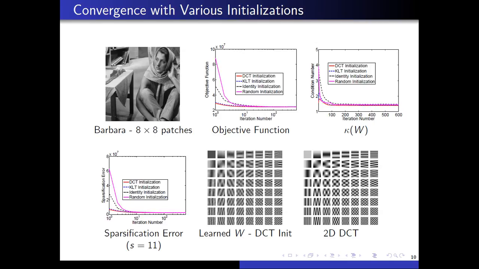So this is a display in grayscale of the rows of the DCT, discrete cosine transform. Each such patch corresponds to one row of the DCT. And you see the known structure, kind of sinusoidal structure along both axes. Kind of low frequencies here, higher frequencies here, and so on. This is the W you learned on Barbara, initializing with the DCT. So it's kind of somewhat similar to the DCT, but you see it has